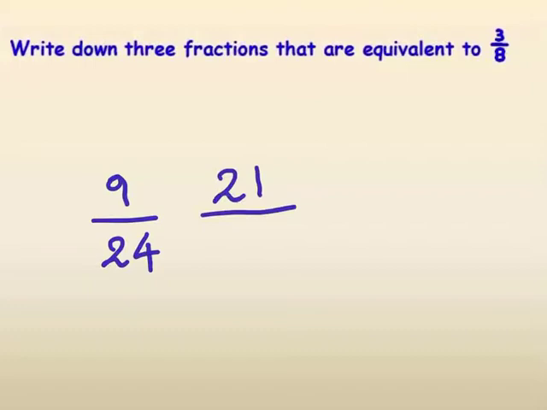So, your answers will be correct if you have multiplied both top and bottom portions of the fraction by the same number. For example, if I multiply by 3, I get 3 times 3 is 9, by 3 times 8 is 24, 9/24s. If I multiply it by 7, I get 7 times 3, which is 21, divided by 7 times 8,